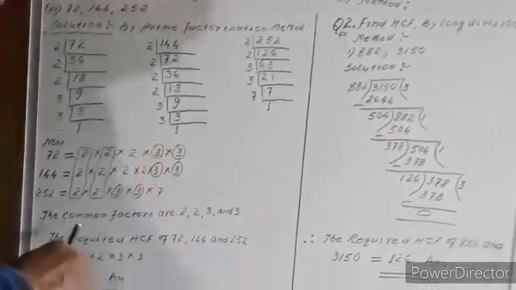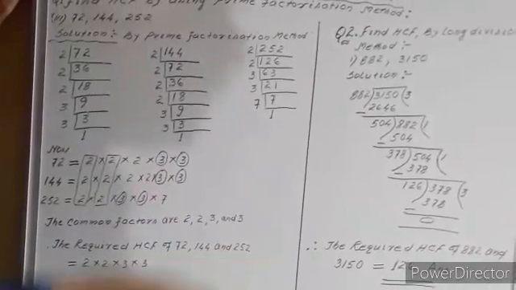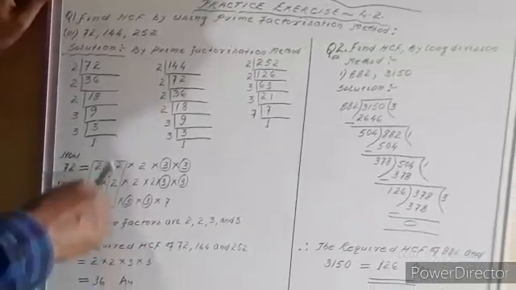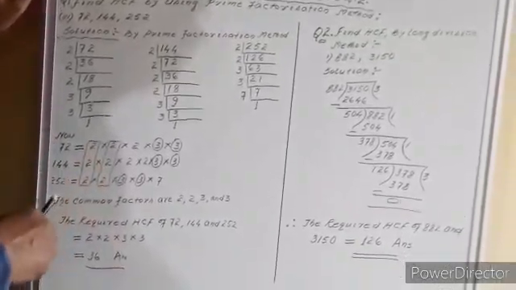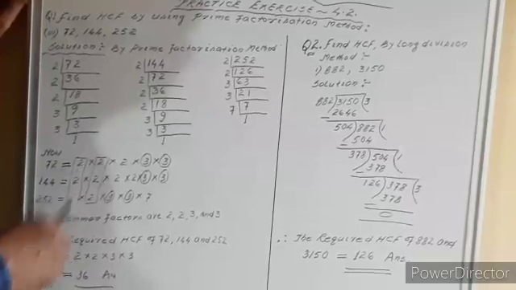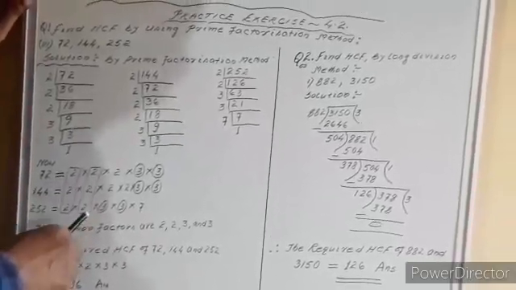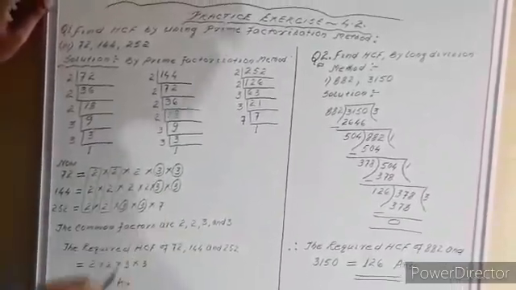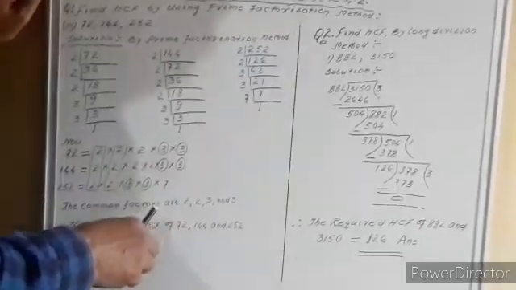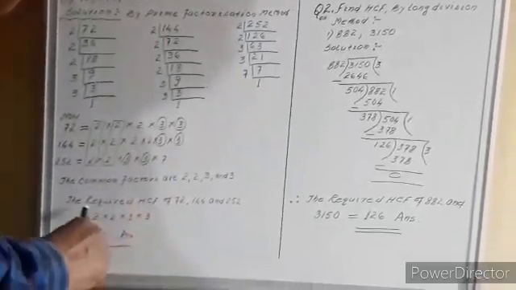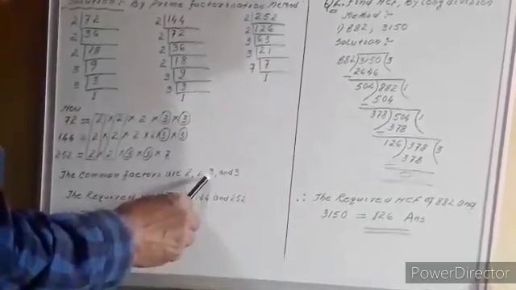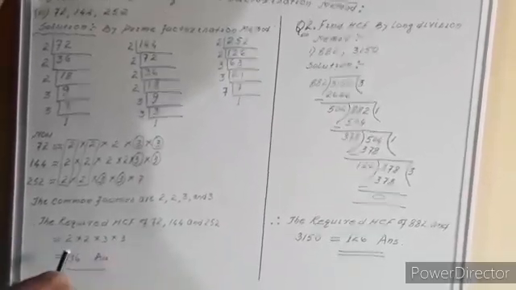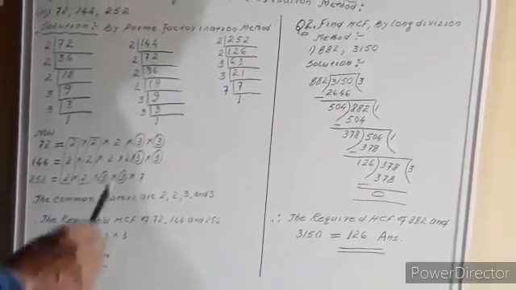Now we determine all the common factors as I did yesterday. Here you see in all the three numbers, we find 2 is common in all. Here also another 2 is common in all those 3. Here 3, 3 and 3. In all the 3 numbers we have got 3 as common, and here also we got 3 as common. So we take all the common factors 2, 2, 3 and 3. So the required HCF of these numbers is 2 into 2 into 3 into 3, that is equal to 36.